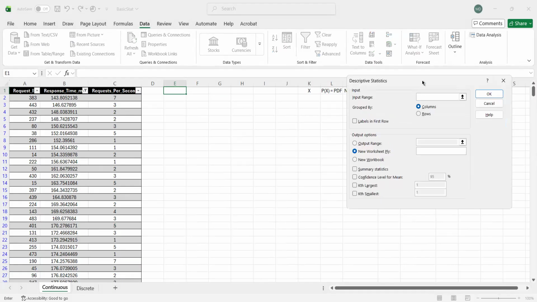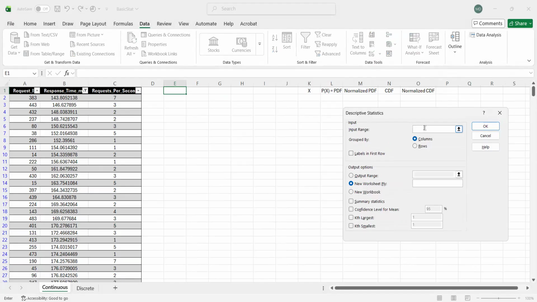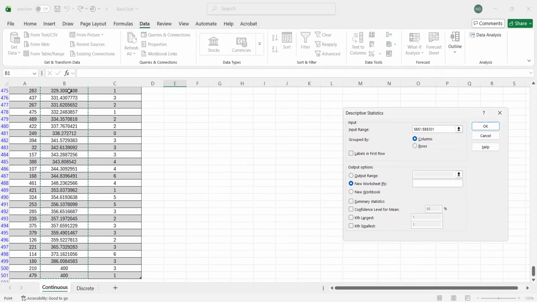Then at the input range, click the input box here, and we're going to select only the response time. Let's include the header. From the top, just hold Control Shift down. Then it is per group. So let's do this one by one.